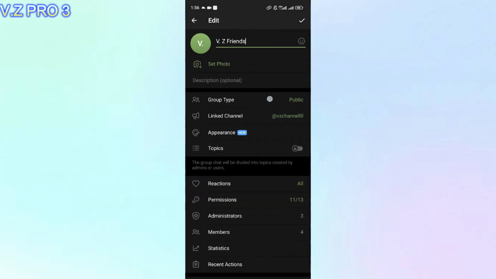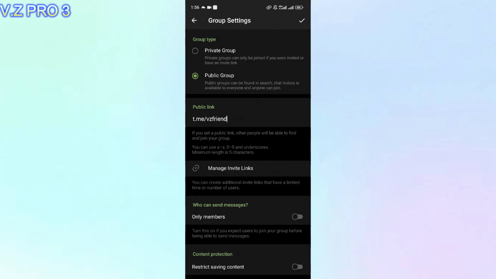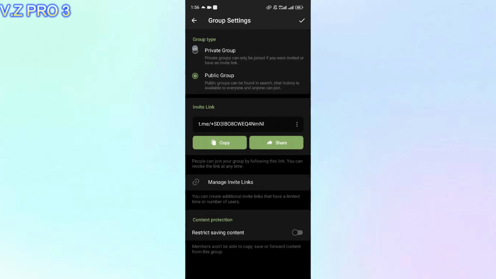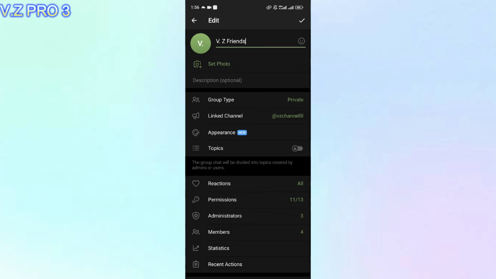You can see the group type. This group type is public. If you want to change it to private, you can just tap on the group type here. You can choose private group. Now, you can tap on the upper right corner here, the checklist. So now,